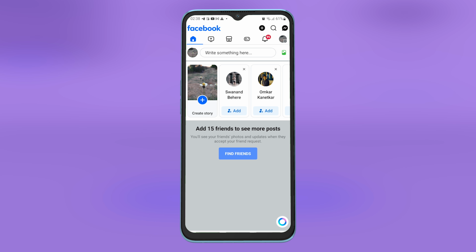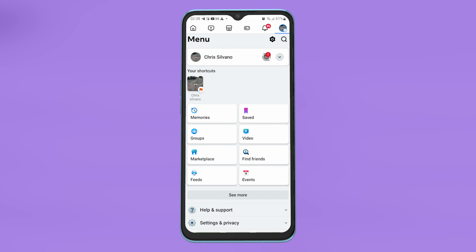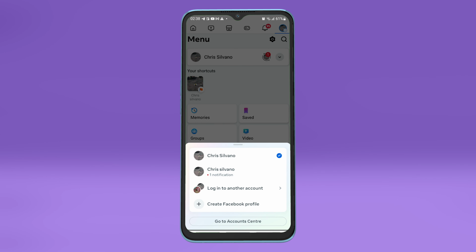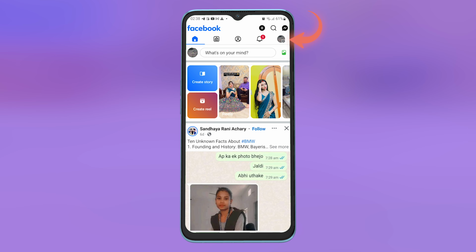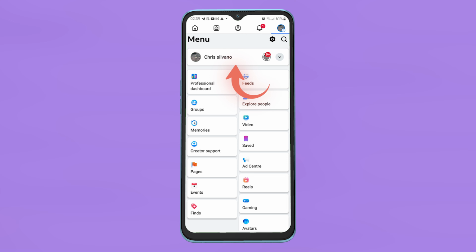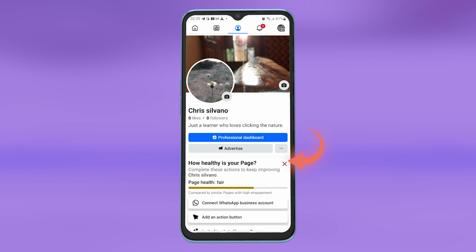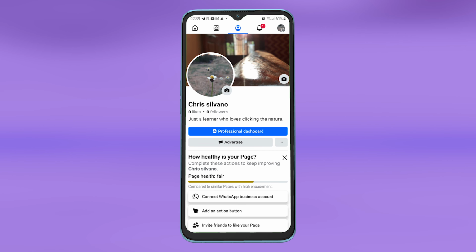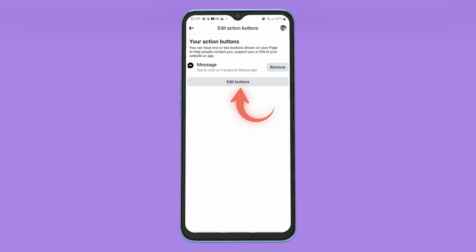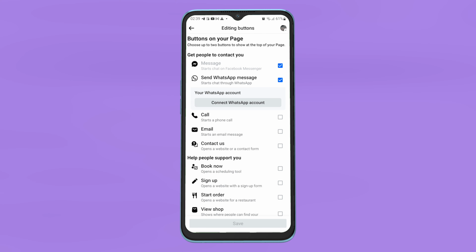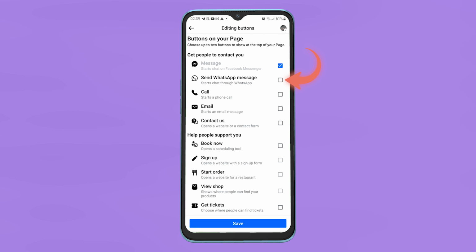In today's video we are going to look at how to remove the WhatsApp button from Facebook. First, open up your Facebook account, tap on your profile, then tap here and switch to your professional account. Tap on your profile, tap here, then tap on the three dots, tap on Add Action button, then select the option Edit Buttons and uncheck this option to remove the WhatsApp button